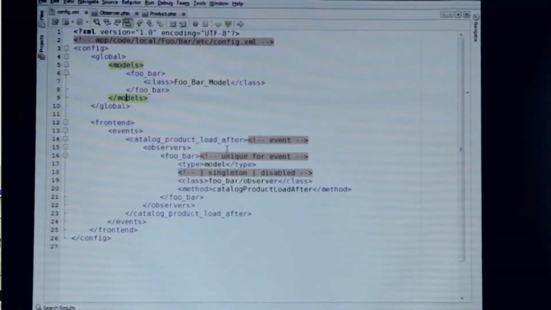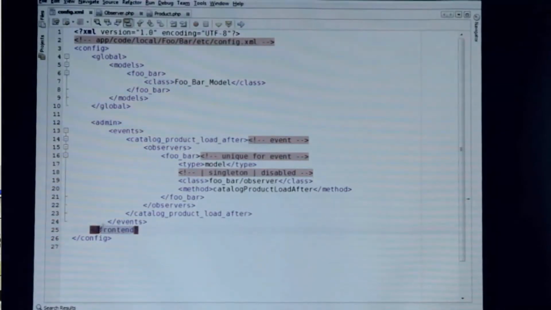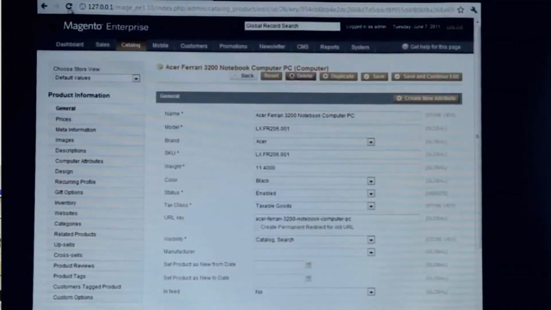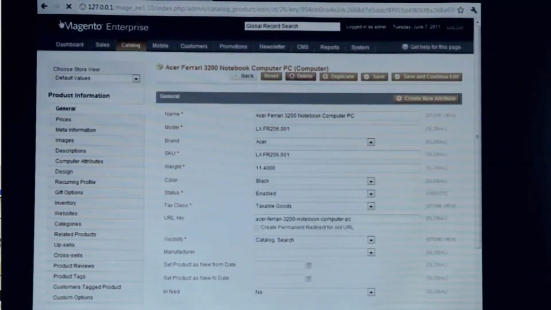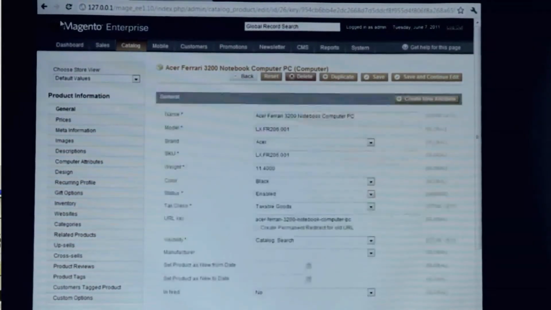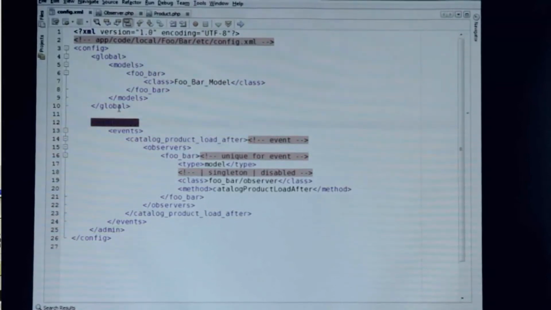I hate to say it, I've taught this class 7 times now, and I always forget whether it's admin or admin HTML. So let's take a look. I'm going to try admin first. I don't think it's admin. I think it's admin HTML, but we'll try this. All I have to do to check that here is refresh the page. Look at that. Okay. Probably admin HTML. So if I change this to admin HTML,